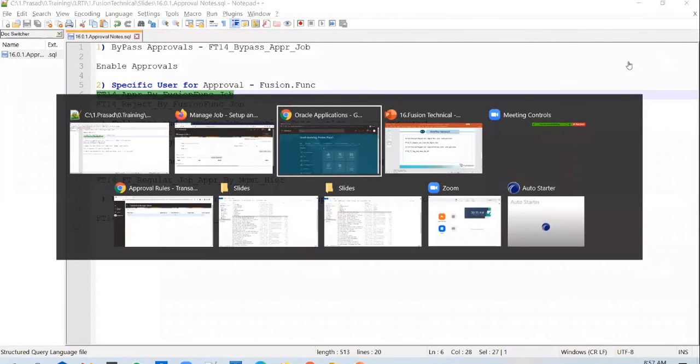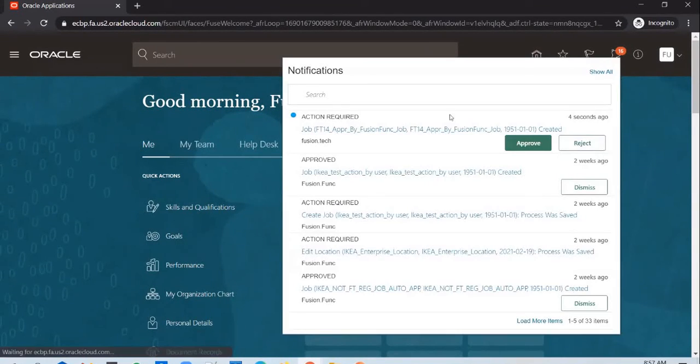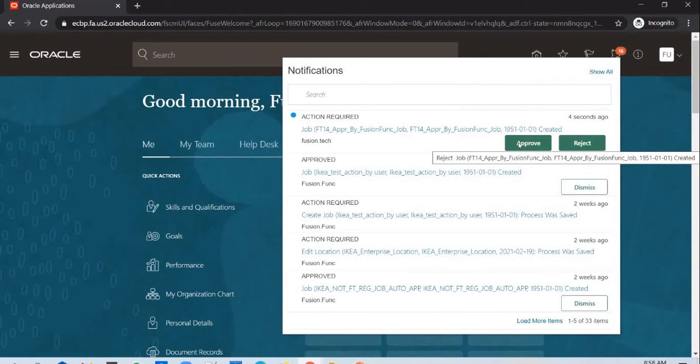So you go into the application. Okay, so you see that the job has come for Fusion.Funk user approval. He'll be able to see the details, the job name, job code, and the effective start date. And he will also be able to see who created it. And he has quick action buttons to take an action. You can either approve the transaction or reject it.